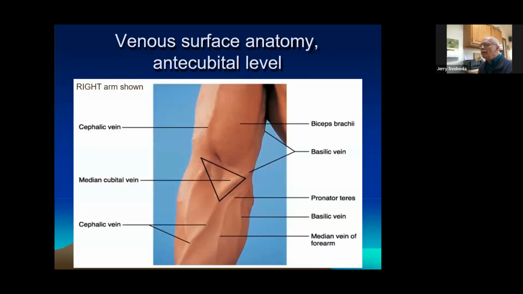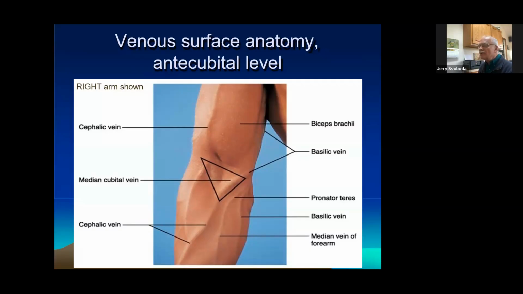Before we get to that, the steps are exactly the same to make a fistula at the antecubital level. This is a muscular individual with readily prominent veins to show us where the basilic vein is and where the cephalic vein is. The cephalic vein is what you want to use for an AV fistula at the antecubital level. The basilic vein is a special vein. The trouble is it goes subfascially about 1/3 of the way up the arm. So even though